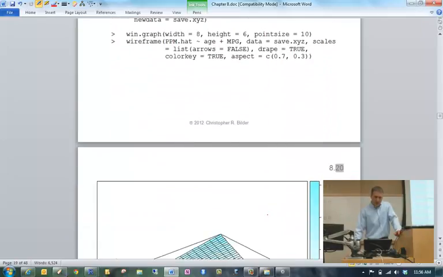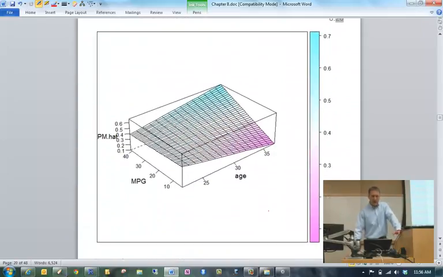And this is what a plot in 3 dimensions of this model looks like. I'll explain the code coming up. So we have MPG, age, and then the y-axis is representing, that should say ppm hat, the predicted value.